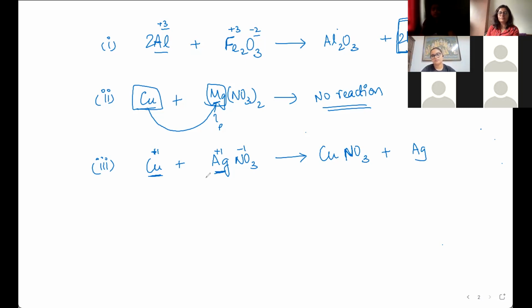Cool. So this is how single displacement reactions go. That's why the reactivity series is pretty important when it comes to single displacement reactions. Okay. Next, double displacement, and then we're left with oxidation reduction reactions. We'll look at all of that in the next